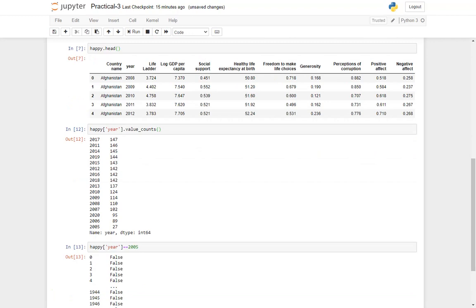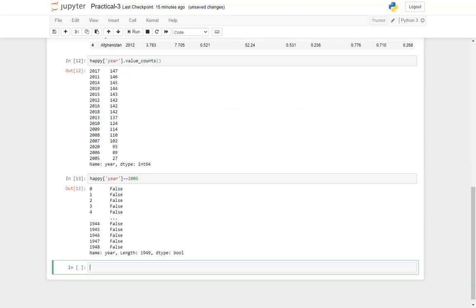So here what we are getting is a Boolean series. Series again is a data structure of pandas, which we will look into in the next coming practicals. But here what we are looking at is a Boolean type of output.